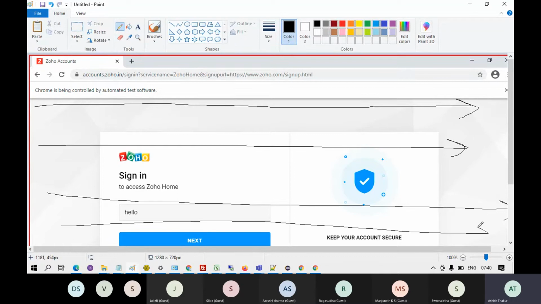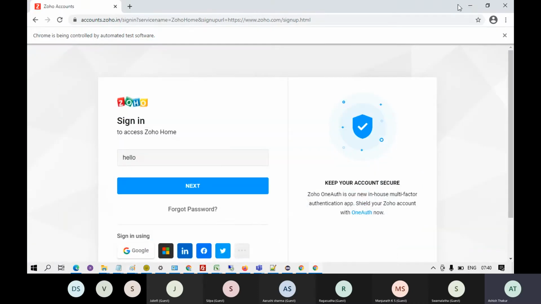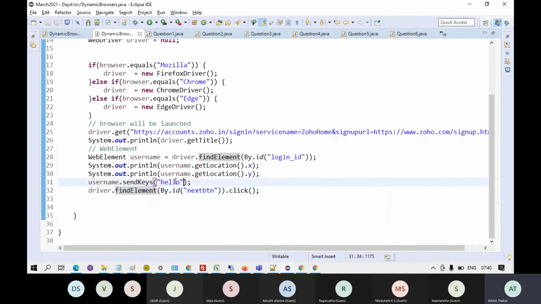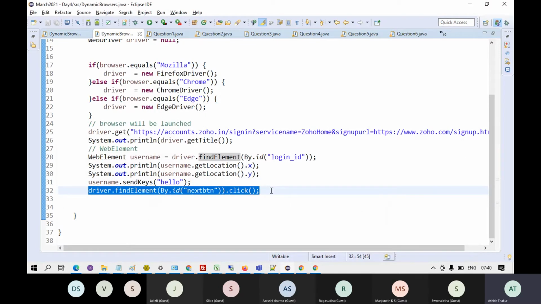So if there are two elements on the web page, one is here and the other one is here, which have the same ID, then Selenium will use the first one, it will not use the second one. Although two elements should not have the same ID, if they do, then this happens. If you want to use the second one, there are ways to do that as well, and I'm going to tell you that. But by default, driver.find element finds the first element on the web page, the first element with the ID.